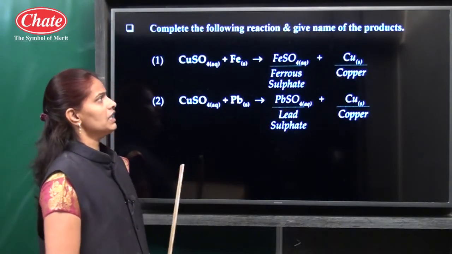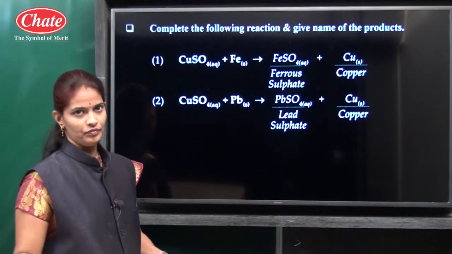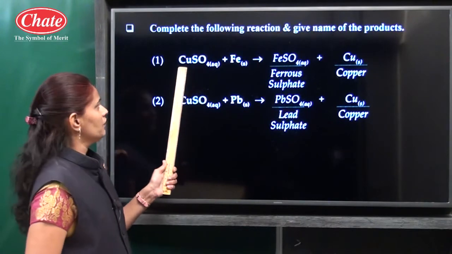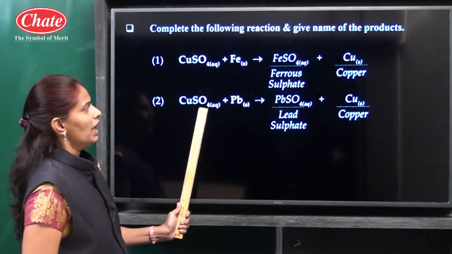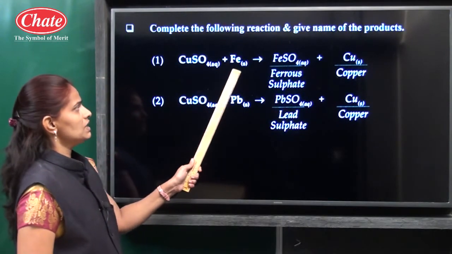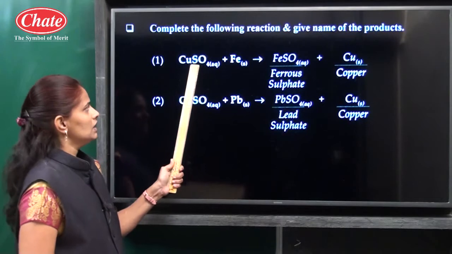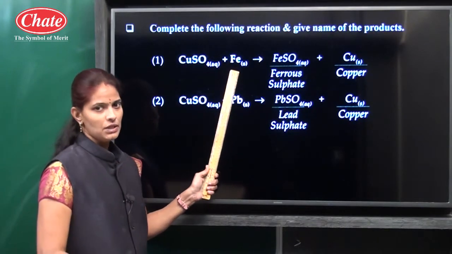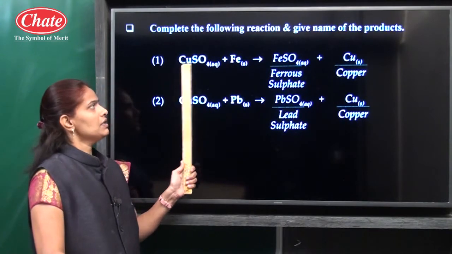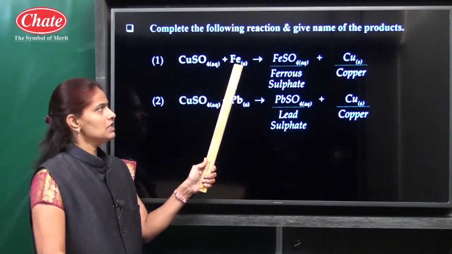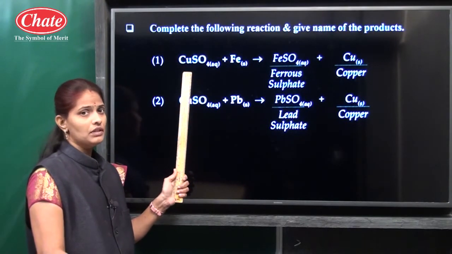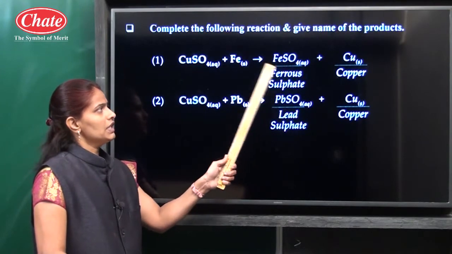complete the following reaction and give the name of the products. Okay, here 2 reactions are given, and you have to find out the products of those reactions. So CuSO4 plus Fe, it is a displacement reaction. It is one compound and one metal here. This metal is a highly reactive metal, and copper is less reactive than iron. That is why this iron displaces copper from the copper sulfate compound and forms a new product, that is